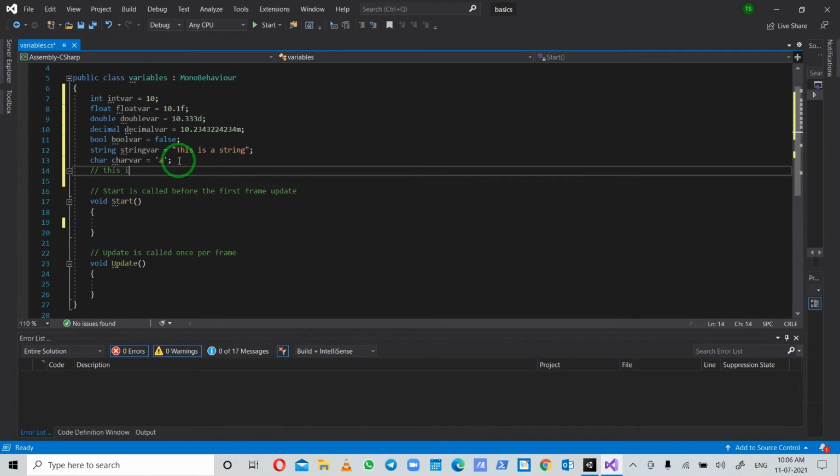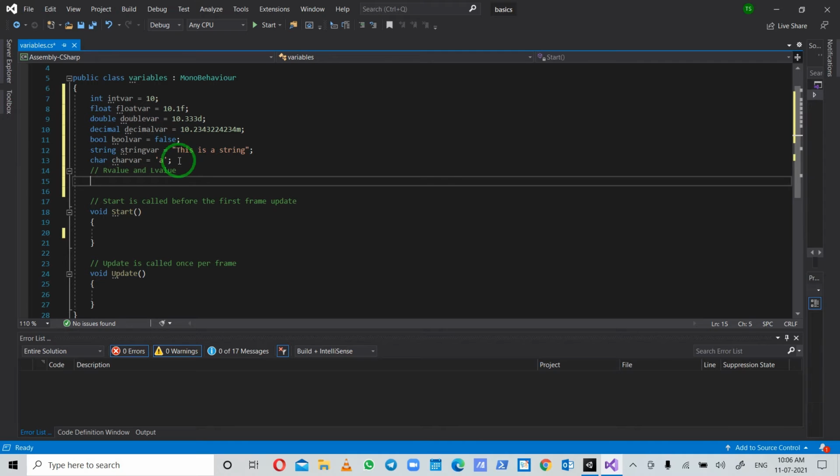Here I am writing R value and L value. An L value may appear as either the left hand or right hand side of an assignment.